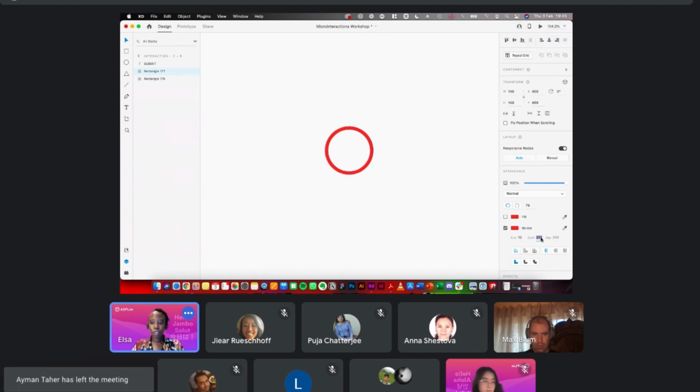Make it 530, okay? And then I also want to set my gap because I don't want the outline, or rather border, to break. I'm also going to set that really high to 100. So I'm actually going to decrease the size of the dash. I want to make sure that it is rotated so that